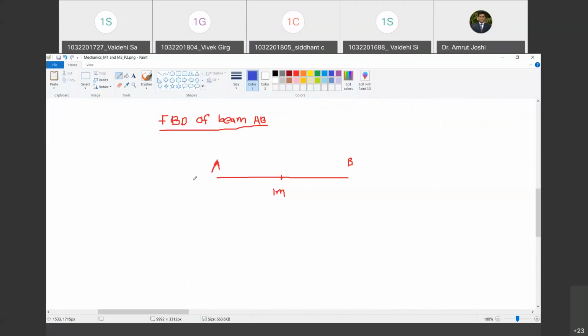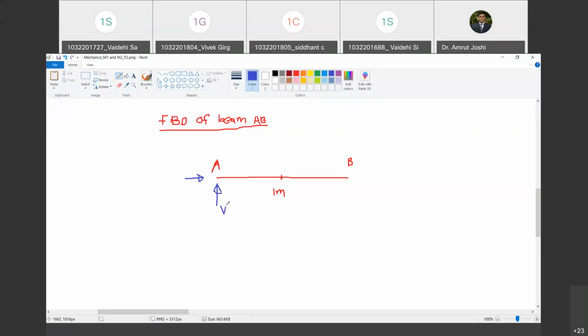Yes, sir. ये last class में हमने किया था. So if you listen to the last class carefully, you will see that the hinge support can offer only two force reactions, no moment reaction. So one force reaction, if it is in vertical direction, other force reaction in horizontal direction. They are orthogonal to each other.